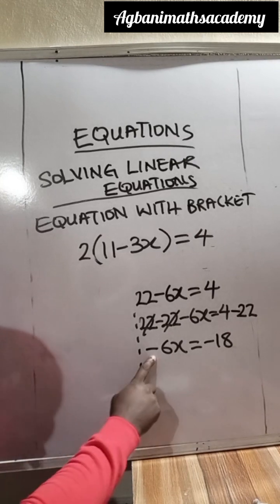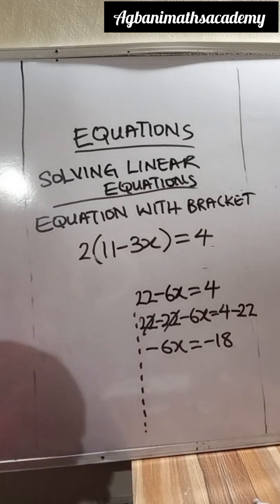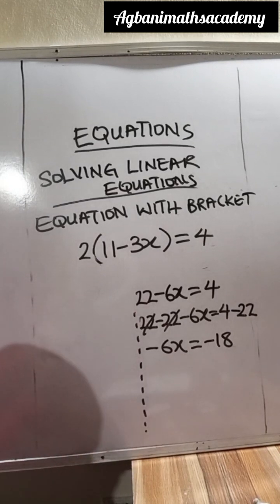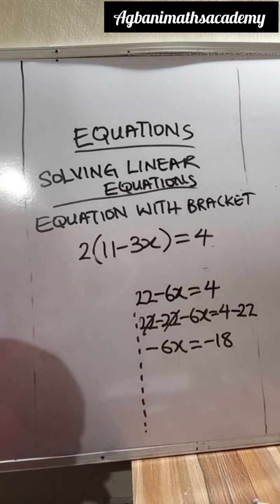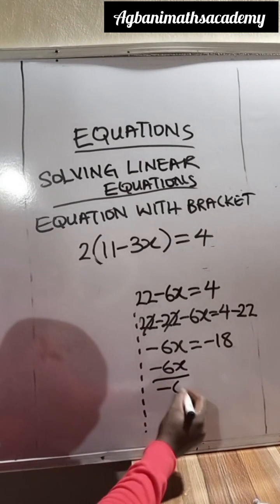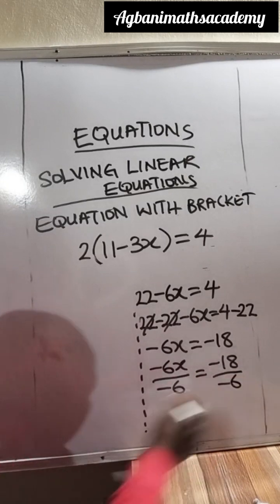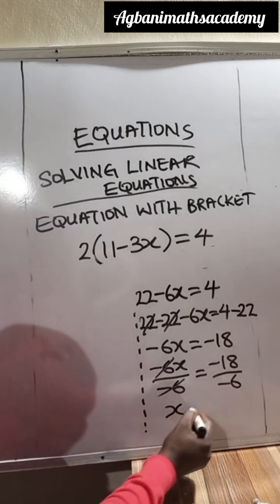Okay, now we have minus 6x is equal to minus 18. We want to get x as our answer. Therefore, this number has to go away. And what is the number that has to go away? The number is minus 6. Therefore, we are going to divide both sides by minus 6. So this will be minus 6x all over minus 6 is equal to minus 18 all over minus 6. So here, we cancel out minus 6, we have x is equal to